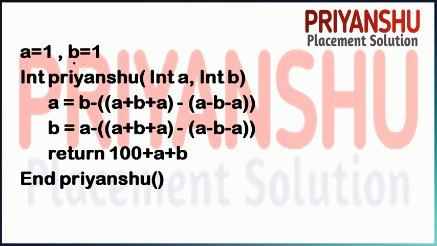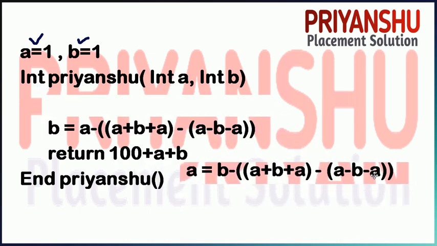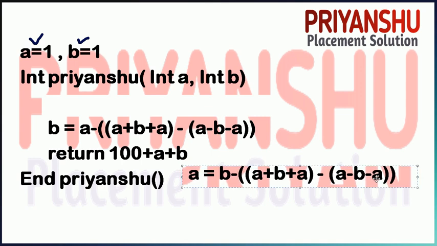So friends, in this question, this is not a recursion based question. This is basically a function based question, right? So the value of a is 1 and the value of b is 1, right? Now I just remove this point and I write this equation here only. Just see it. Why do I write this here, friends?